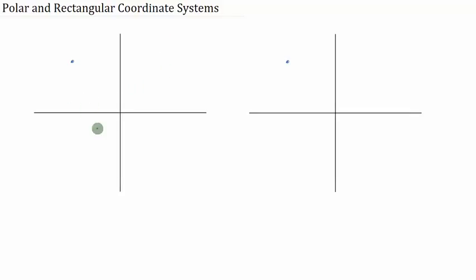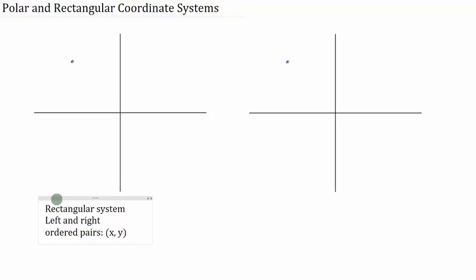So over here I'm going to look at the rectangular coordinate system. The rectangular system. In this system, we move left and right. This is our typical ordered pairs, x comma y, okay? So in this system, we think of this as being the positive x-axis, this being the positive y-axis, and to locate this point, I need to know the x and y coordinates, the ordered pairs, or the